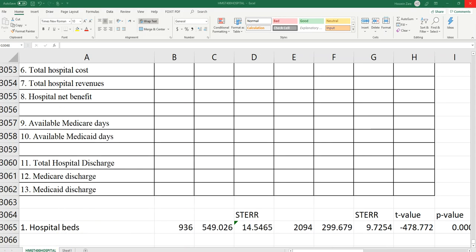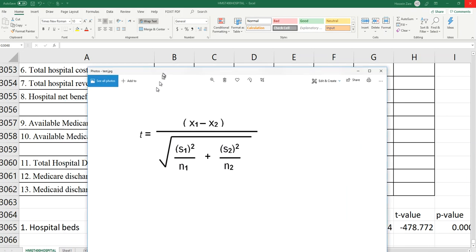This is the formula you need to compute the t-value. This is the mean for the first population, this is the mean for the second population, this is the standard error for the first population, this is the n for the first population, plus the standard error for the second population divided by the number of observations, n for the second population. So